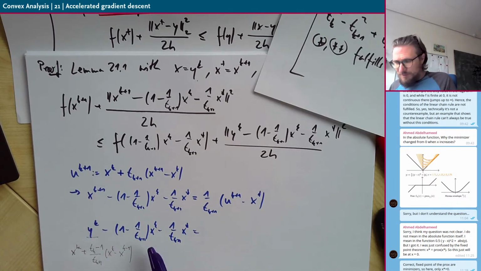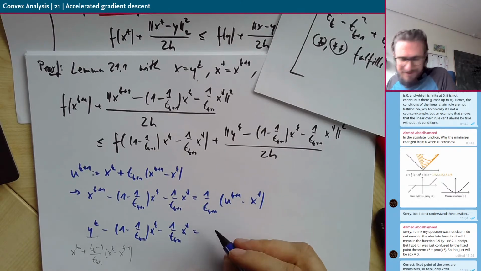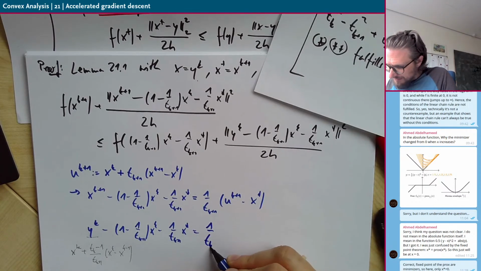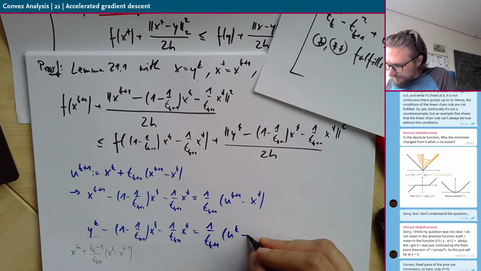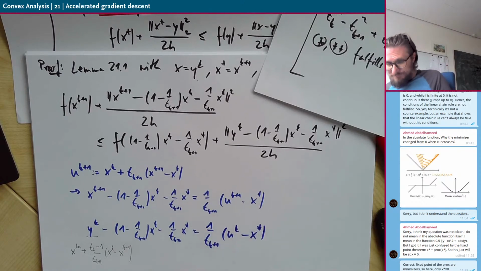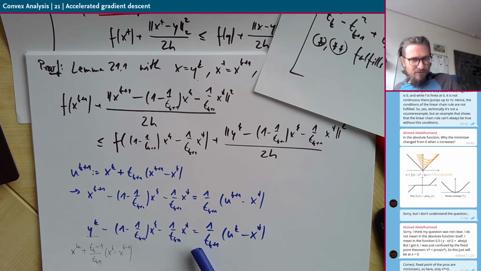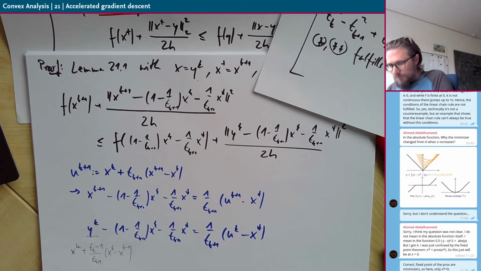Put this in here, do some algebra and clean up, and you will see that in the end this is exactly 1 over tk plus 1 times uk minus x star. So this is just some calculation. It's not so hard, but just not so obvious in the first place. But if you know that you should get there, then that's fine. Okay, so we have that,